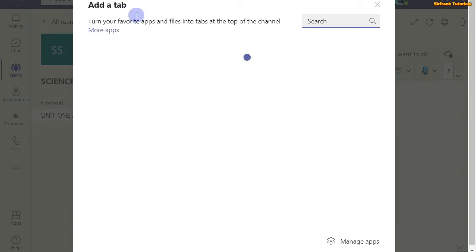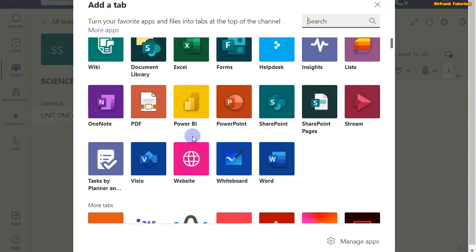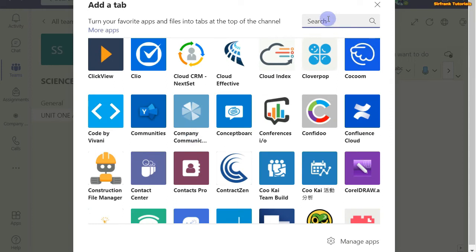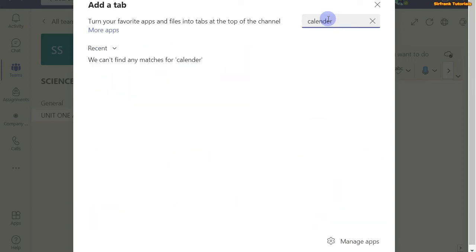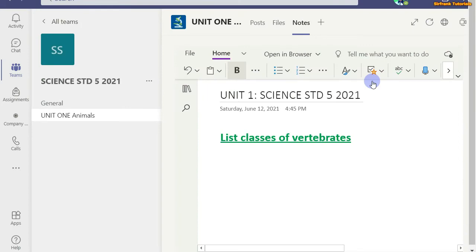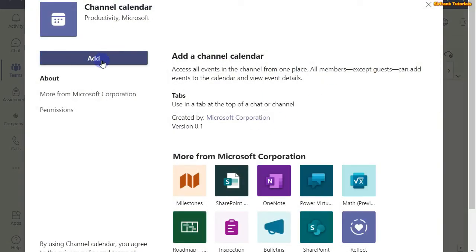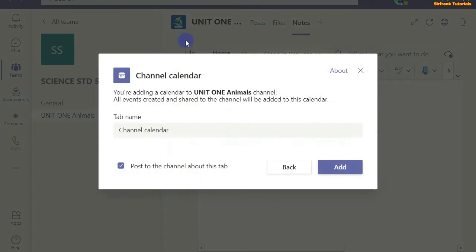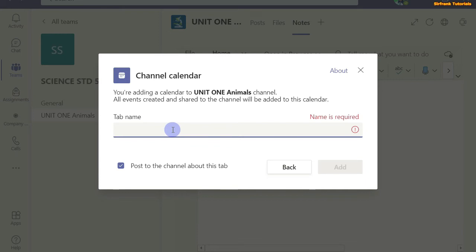Now you can add a tab from here, search any application that you want. For example, I want a calendar. I'll type in a calendar and select the calendar I want. I'll click on add, and all the members will be in a position to access the calendar. So I'll type the name of the tab. That's what you'll see at the top. Once done, click on add,